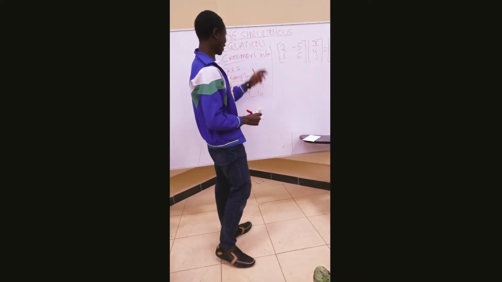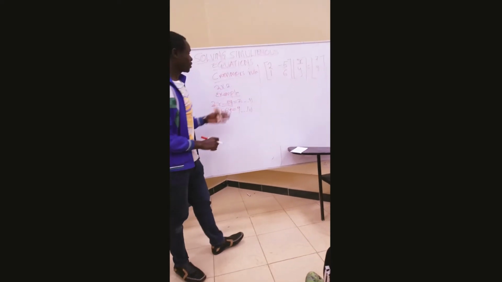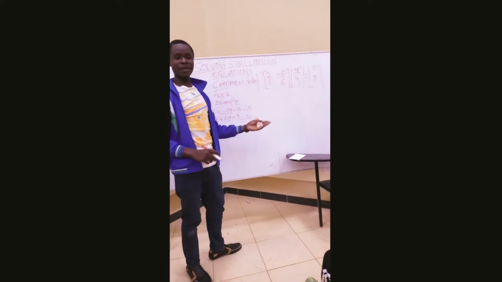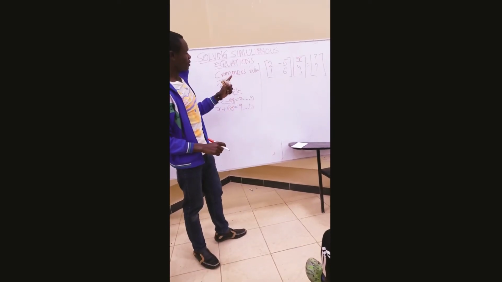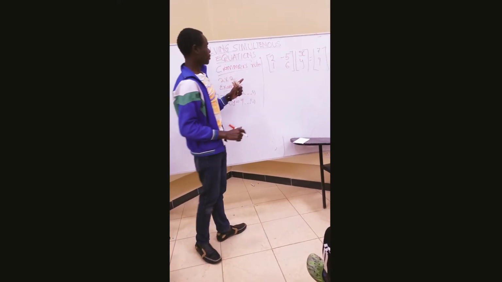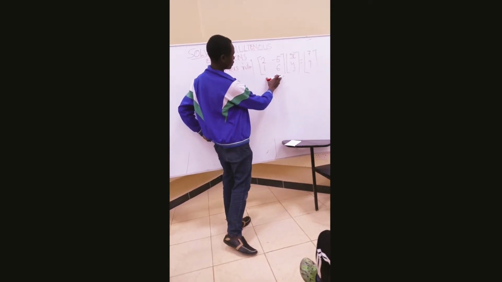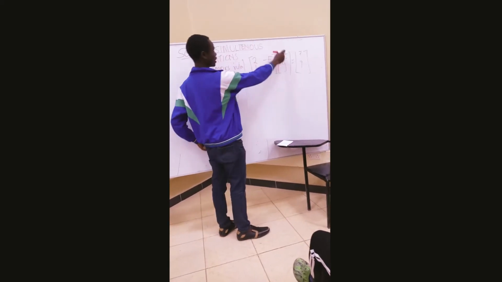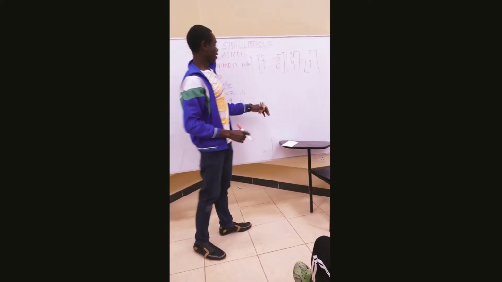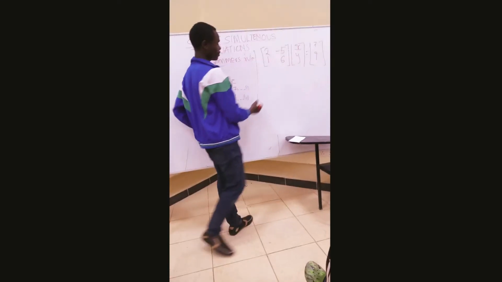Up to this point, I think we have formed a very good matrix. We have arranged these equations to form a matrix. So to solve this using Cramer's rule, we are just going to concentrate on this and this only. This one will just come automatically. So, solving using Cramer's rule,